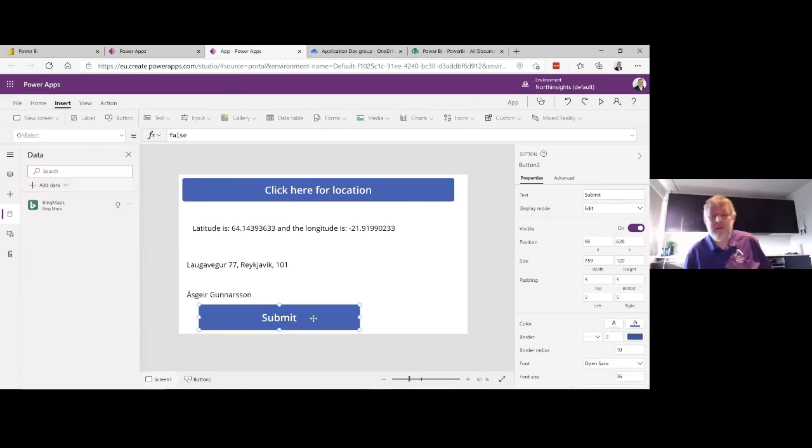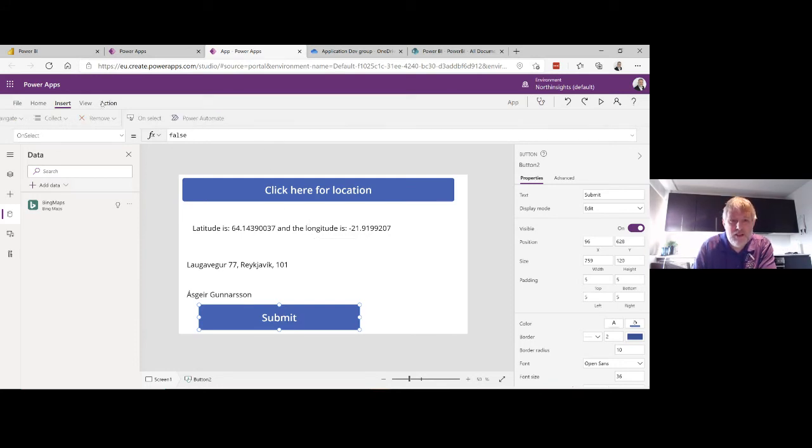Okay, so now I have a button, but now I need to tell Power Apps, when I click on this button, I want you to run a Power Automate process. I don't want you to try to do anything yourself. There is a new connection type in Power Apps actually that is called Power BI. So I could technically refresh the Power BI dataset from here, and using some web services, I might be able to update the Excel file, but I don't want to dive into that now. I'm not sure if I can, but I probably could with some coding. But the wonderful thing about Power Automate is it's integrated and it doesn't need any coding.